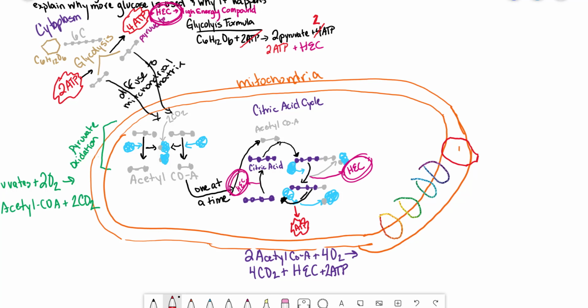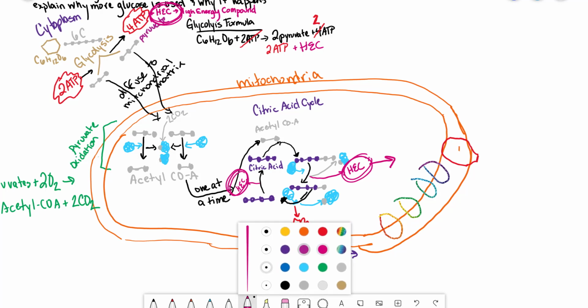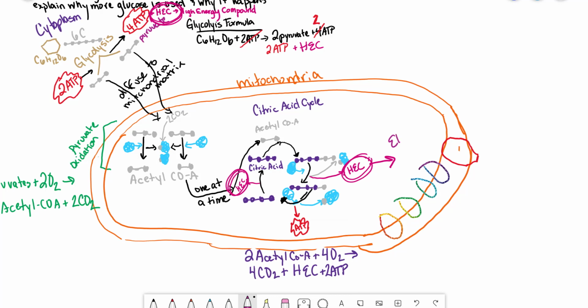All right, when we last left off, we had finished the citric acid cycle. We had made a little bit of ATP, but mostly we made a lot of these high energy compounds. We also, if you look back, made some of those high energy compounds in glycolysis. So now is the time to use those. We are going to take those high energy compounds and put them into the electron transport